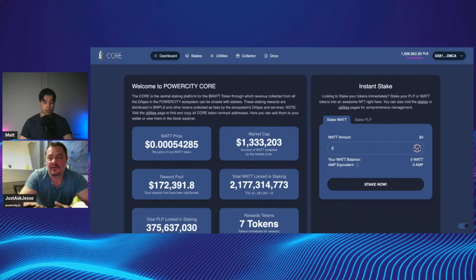Our Earn protocol, some of those fees flow to the core. The Flex protocol, some of those fees flow to the core. So all our dApps have some sort of fees that feed into the core. You can come in the core, you can stake some Watt tokens, or you can stake some Watt to Pulse LP tokens for a bonus too, by the way. And you can sit back and speculate, so to speak, on people using our protocols